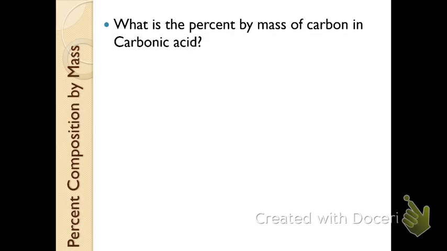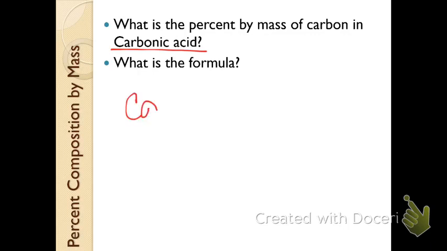Like I said, we're looking at the percent of an element in a compound. So first thing we have to do is find what mass of that compound is that element, and then we'll multiply that by 100 to figure out what percent that denotes. First thing we have to know, though, is the formula for that particular compound. This compound is carbonic acid, and when we look at carbonic